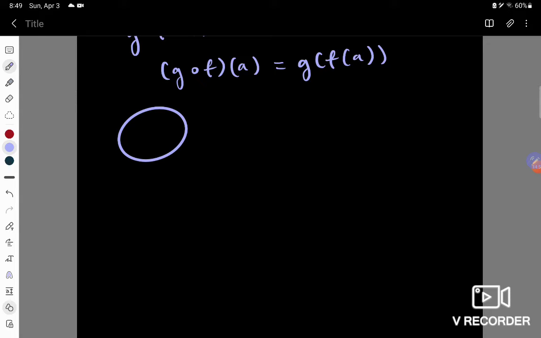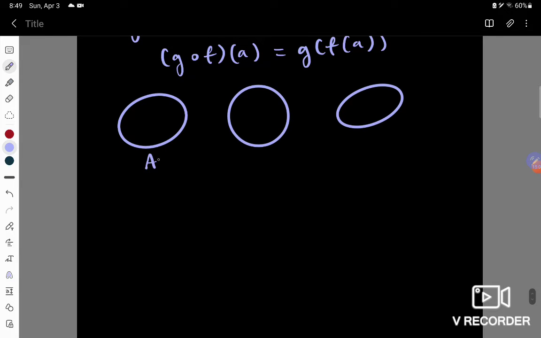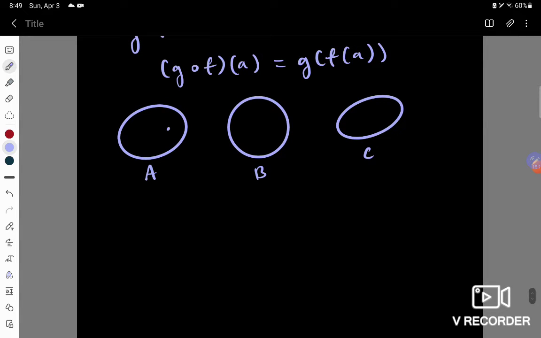Very useful. Okay, that's not much of a circle. That's like an ellipse. Maybe 3 circles that denote the sets A, B, and C. It's fine if we have these ellipses. It shows that not all sets are the same shape or something like that. So we have A, B, and C. And let's take this point a here,